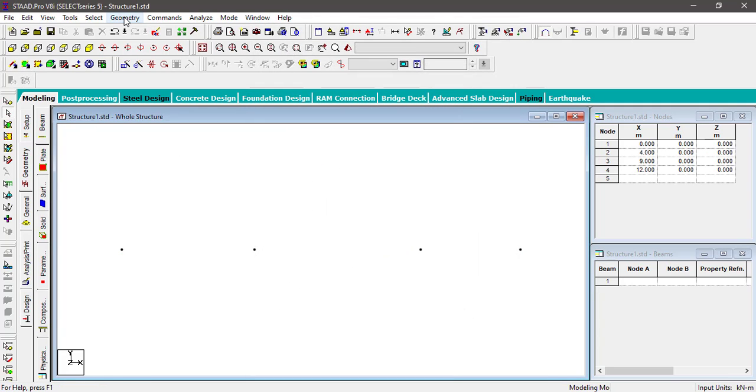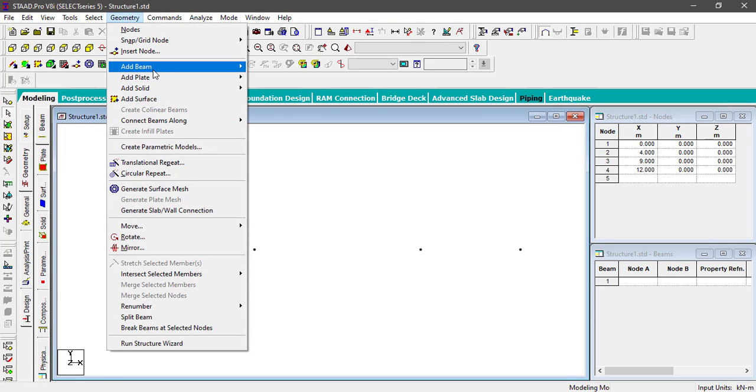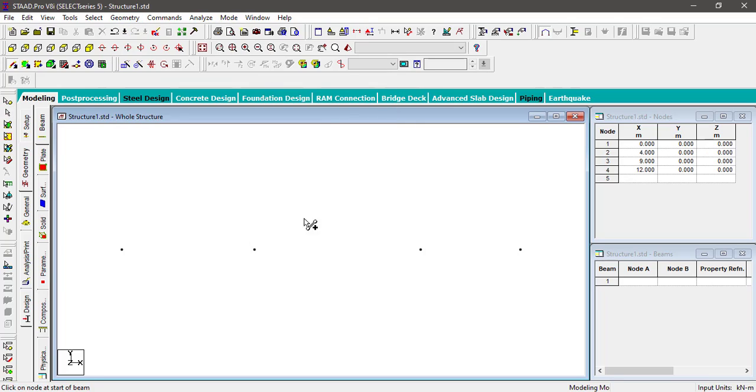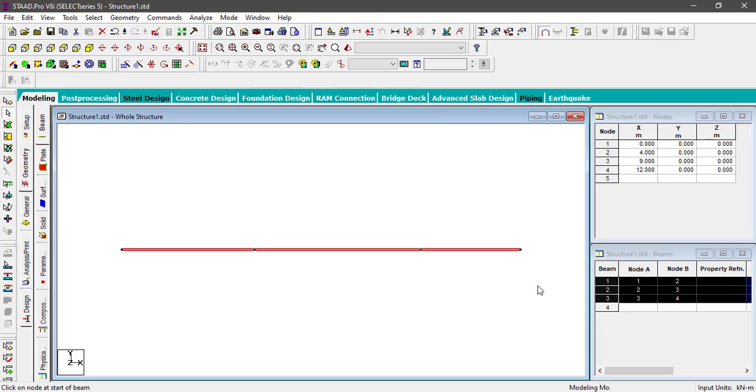Then to add the beams, I need to select add beam from point to point. So from the first point to the second point, second to third, third to the last point. This is how we create the beams. If you don't want this procedure, we have another option also. I will delete this.